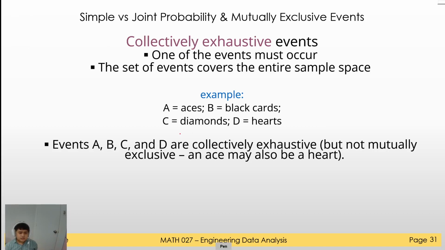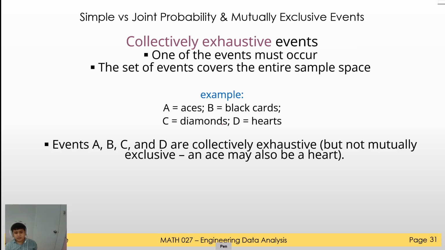Why is that? If you pick a card, it could be an ace, it could be a black card, it could be a diamond, or it could be a heart. So you can imagine that at least one of these events will occur if they are collectively exhaustive. So you can either pick a black card,